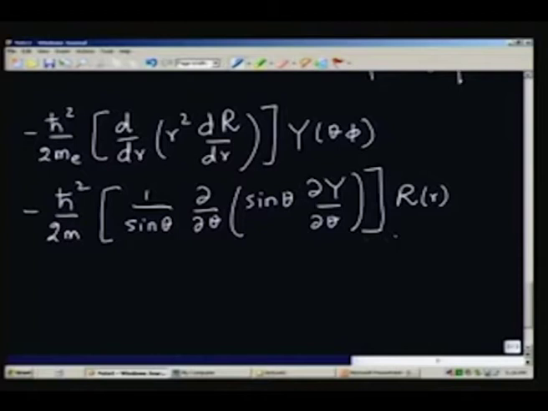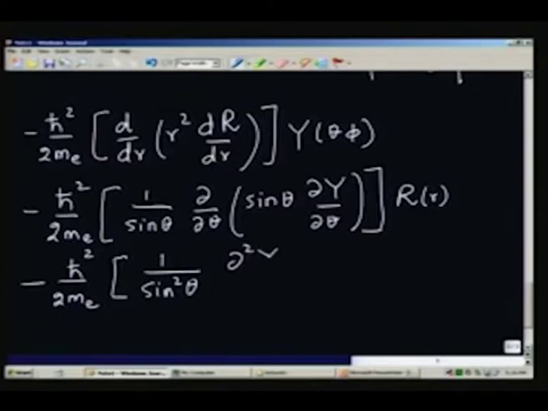And likewise for the other angular part, minus h bar square by 2me, mass of the electron, 1 by sin square theta ∂²Y/∂φ², and of course this is also multiplied by the radial part. This is all of the kinetic energy acting on the wave function,